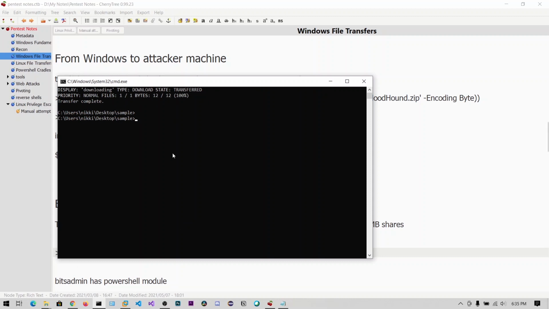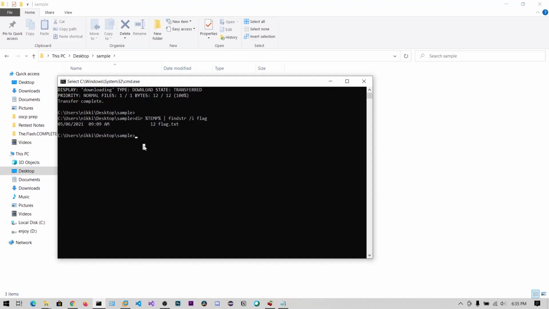We need to specify the absolute path at the destination. So let me display and then pipe to findstr, ignore case, and flag. You can see there is a flag.txt. So this is using bitsadmin. Make sure you have the absolute path here, otherwise this will break the command.